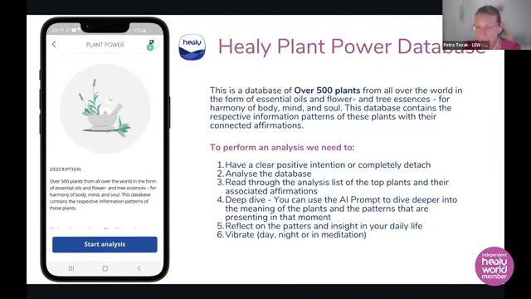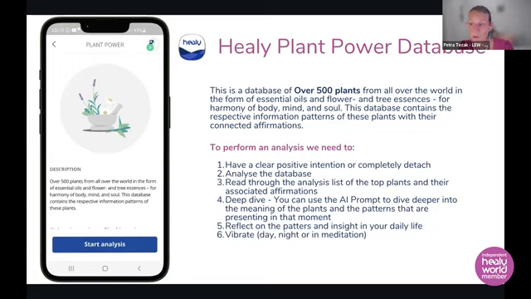And then, of course, reflect. Use the reflection, meditate on things, and utilize that while you're vibrating throughout the week. So if you're using weekly scans or fortnightly scans, it's your choice what you want to do and how far you want to take it and what works for you, but that's perfectly fine. Whatever it is, make sure that you reflect on it and then you meditate on it, because you need to have a connection with the plant.